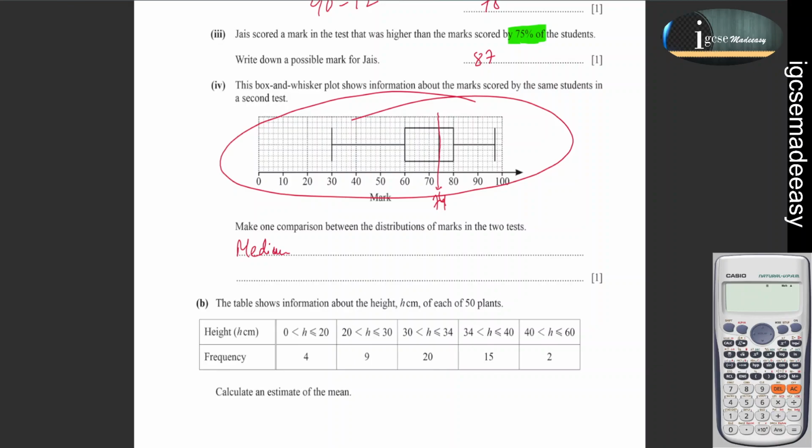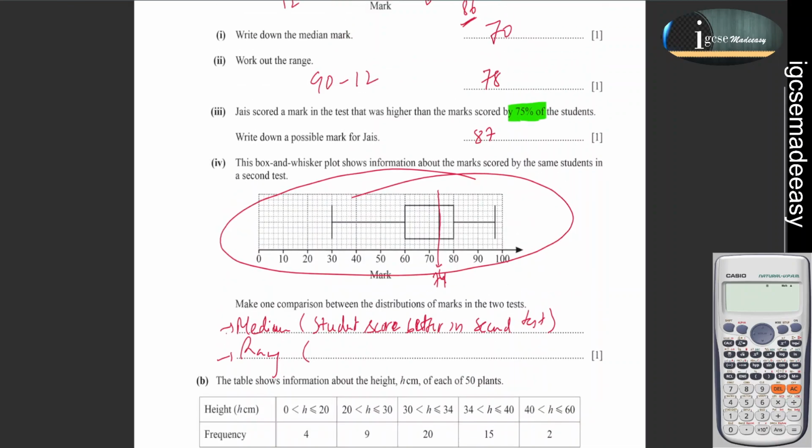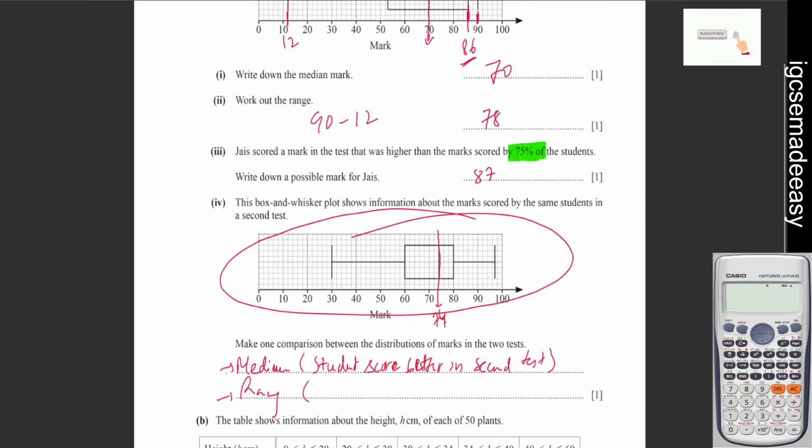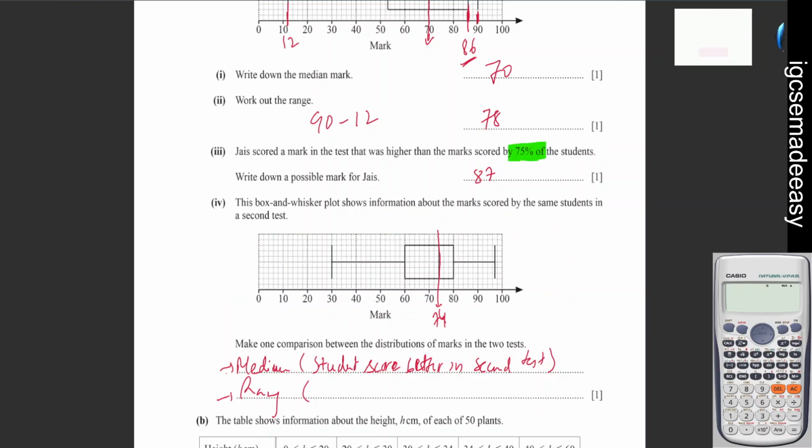if you compare this median, students score better in the second test. Second test you can write. And if you are comparing the median, you can calculate the value, which one has higher value. If you are comparing it to the range,